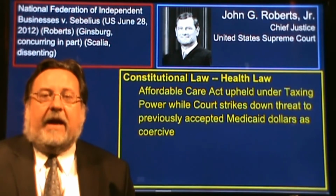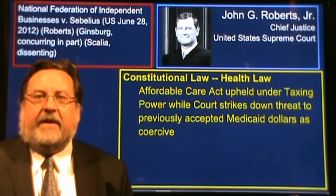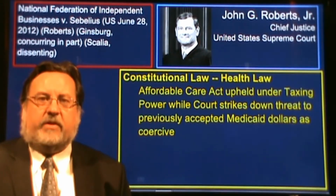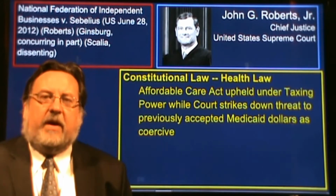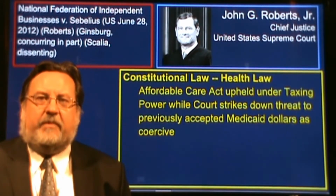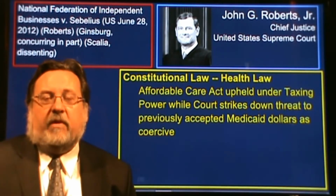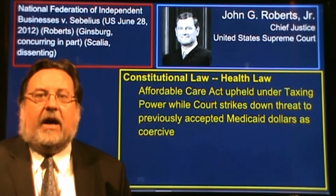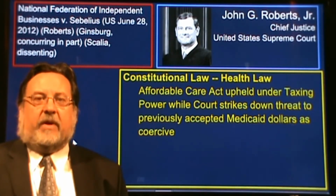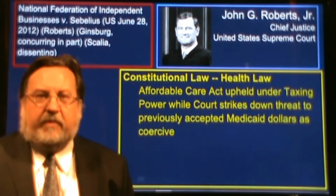As you know, under the Act, a person who fails to secure insurance under the individual mandate must pay a tax penalty, which is collected by the Internal Revenue Service. Now, the Court's prior cases have always distinguished between the taxing power and the imposition of a penalty, a criminal penalty. So the key question really for the Court was whether the individual mandate and penalty operates as a tax, in which case the mandate was probably authorized, or operates as a penalty, in which case it is not authorized